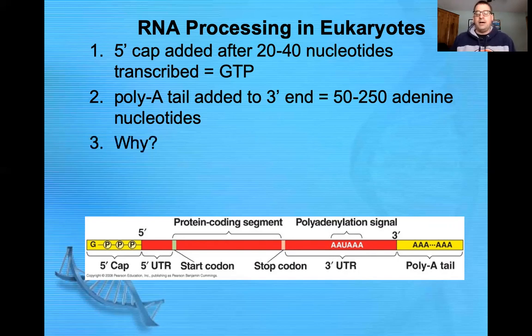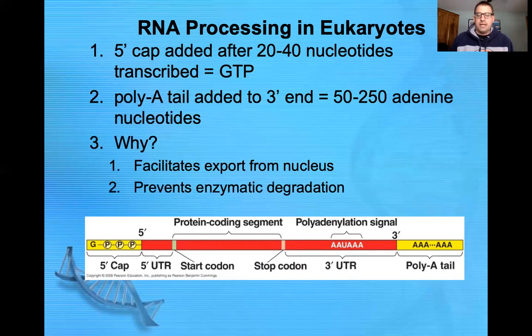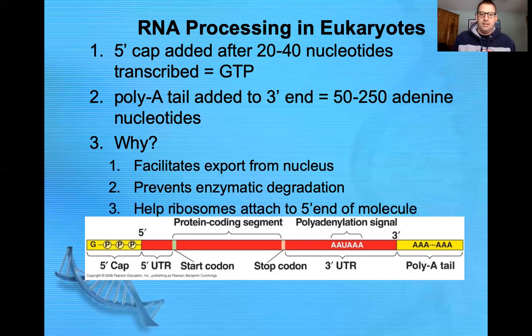Okay. Now, the question is, why are these things done? One, it helps to get these out of the nucleus. And two, there's a lot of enzymes inside of our cells that degrade RNA very, very quickly. So when they recognize the RNA molecule, they degrade it, which means they break it down. And the 5' cap and poly A tail help to prevent that from happening. Okay. This also helps the GTP at the beginning, helps our ribosomes to attach to the 5' end of the messenger